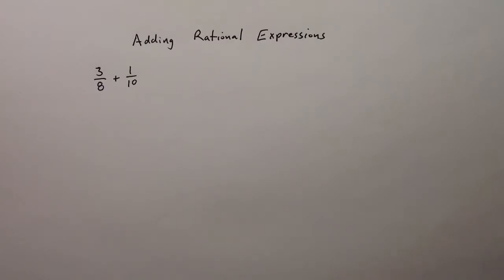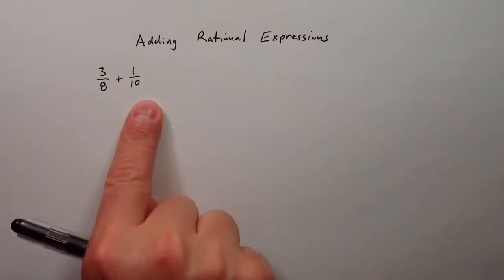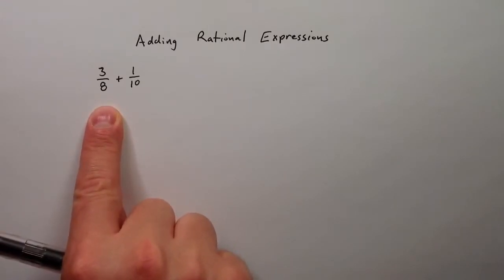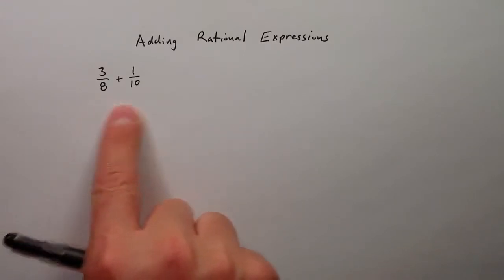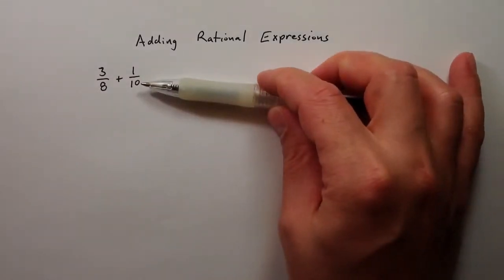Let's take a look at the process of adding rational expressions. This first example is an example of two rational expressions, but more simply, these are just fractions. Fractions are a type of rational expression. And if you've worked with fractions before, you may recall that to add them together, I need a common denominator,